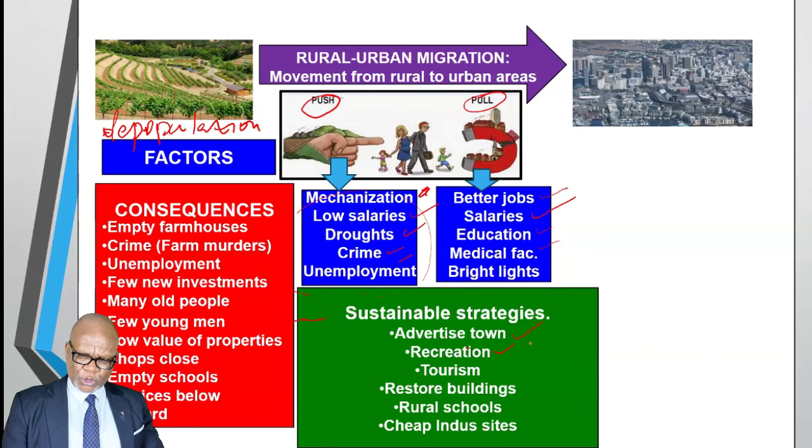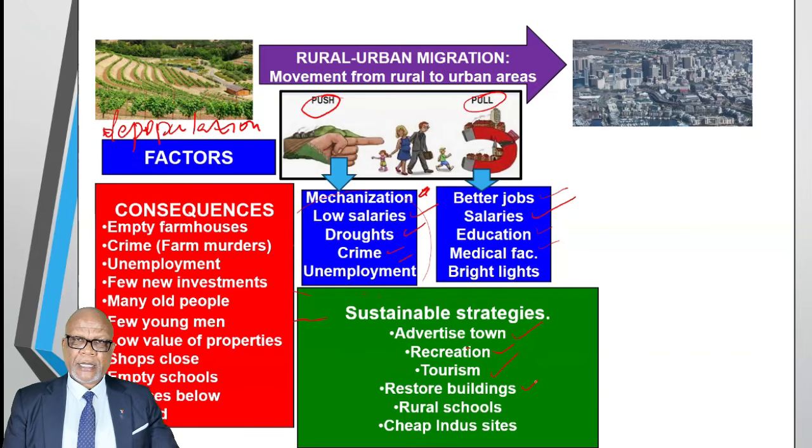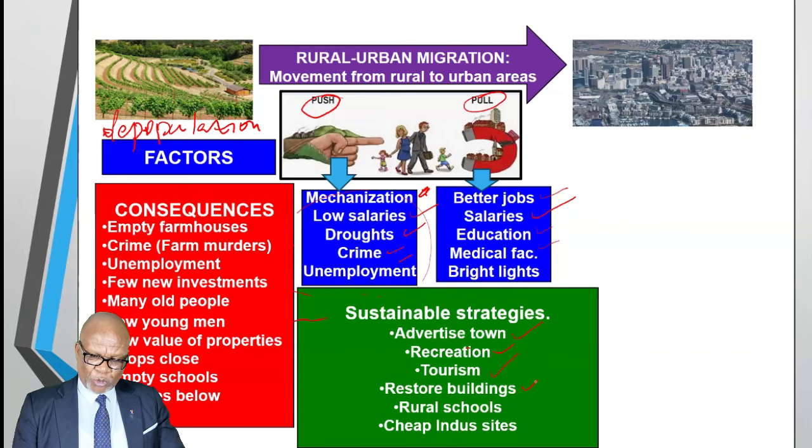You can do tourism, especially ecotourism, because rural settlements are known for their wildlife and beautiful environment. So there can be tourist attractions that attract people to rural areas and therefore creating more jobs and attracting people back to rural areas. And the buildings that have been dilapidated and run down, they can be restored and be repurposed